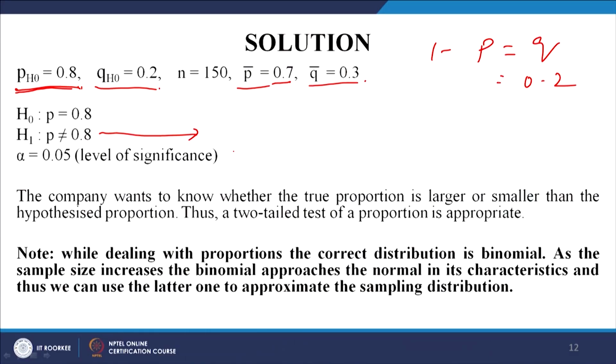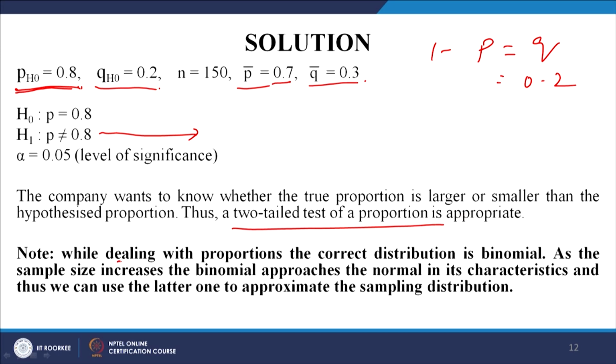He says, well, let us leave it to the study. We will say it can be more than 80% also. So, if there are more than 80% of people, then we will give to everybody. What is the problem, right? Or at least 80%, suppose 90% people are promotable, but at least 80% we will give surely. But if it is 70%, but actually, in the heart of hearts, that is what his interest is, right. Alpha is equal to 5%, we have said. So, again the alpha will be spread on both sides, correct. The company wants to know whether the true proportion is larger or smaller than the hypothesized proportion. Thus, a two-tail test of proportion is appropriate. Here you note, please, this is important.